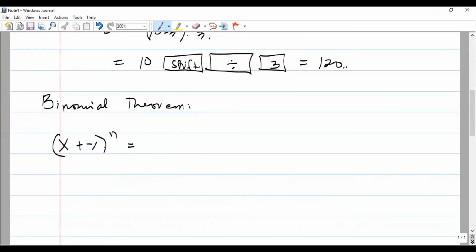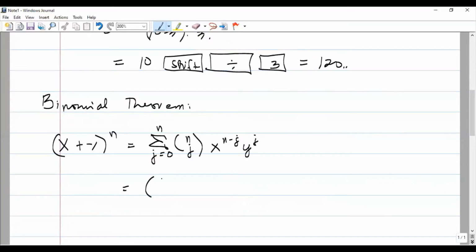So the n power of x plus y is equal to the summation of n choose j, where j starts from 0 to n, of x raised to n minus j times y raised to j. Or in the expanded form, we have